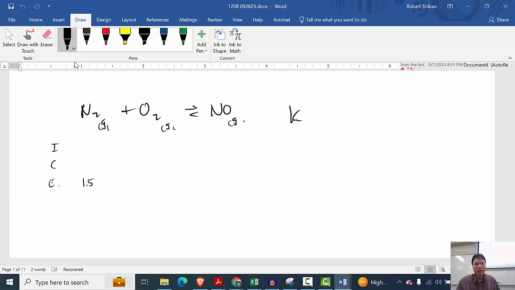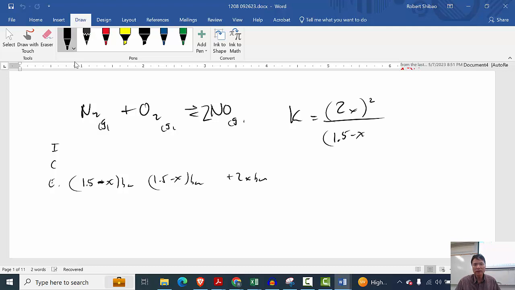This is 1.5 minus x bar. This is 1.5 minus x bar. And this is plus 2x bar. Should be 2 NOs here. So we're going to get 2x over 1.5 minus x. Now we haven't calculated x,